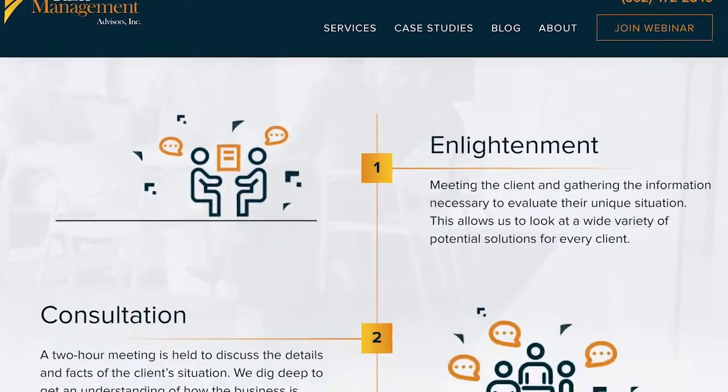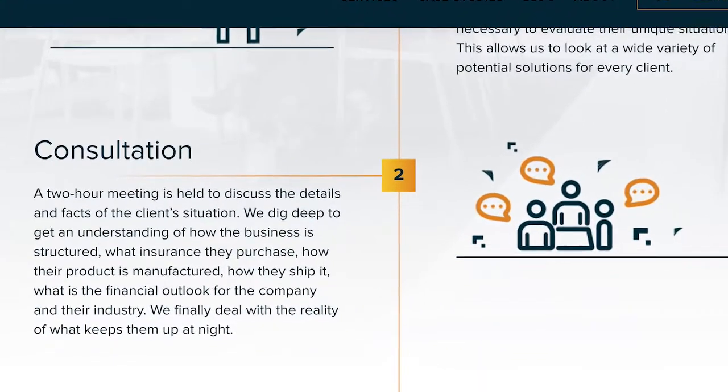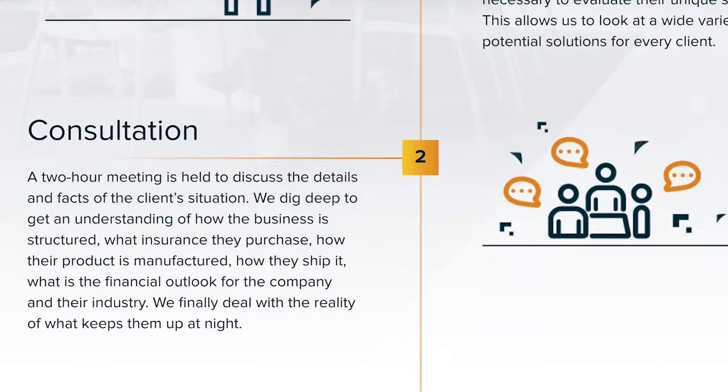After the enlightenment phone call or meeting, we go into a consultative mode. In this part of the process, we sit down, and it's usually a couple hours with the client. We discuss all of the details of the client's business. We discover the facts of how they started it, why they started it. We dig deep to get an understanding of how the business is structured, all of the different partners in the business. We figure out what are the goals and dreams of each one of those partners, what insurances they have,